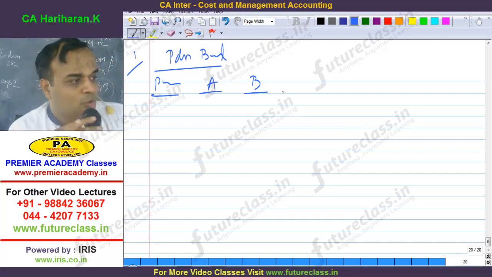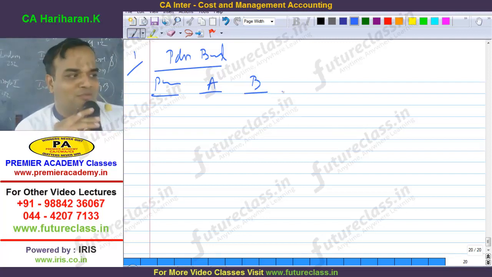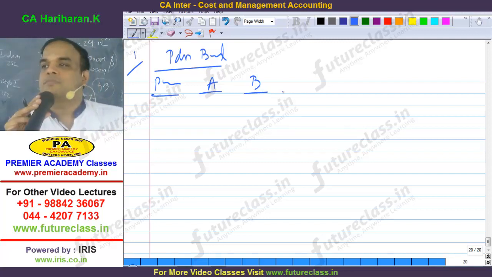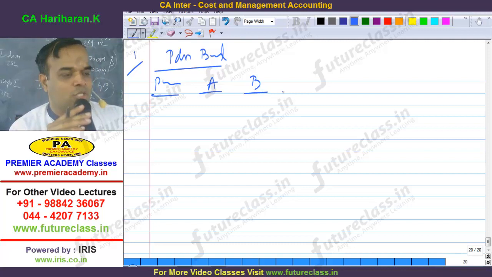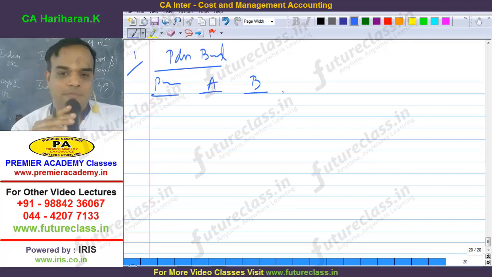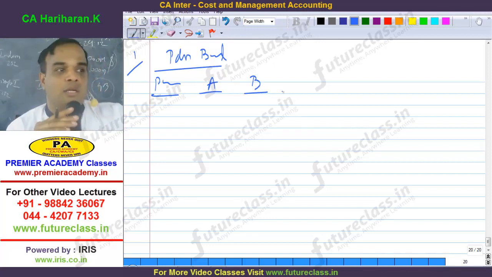We discussed this long ago. So, what plus what minus what is equal to production? Opening stock plus purchase minus closing stock. Understand or not? Clear? Opening stock plus purchase minus closing stock. Please slap yourself nicely. Again, final students are committing the same mistake. We are going to compute production. Opening stock plus purchase?